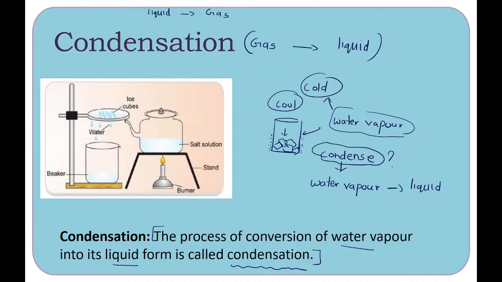Why is this happening? Condensation takes place when the temperature is decreased. So condensation takes place when the temperature is low, and evaporation takes place when the temperature is high. So condensation takes place when the temperature is less, whereas evaporation takes place when the temperature is more. It is a very interesting phenomenon. Evaporation takes place at a higher temperature, whereas condensation takes place at a lower temperature. That's how you see the water